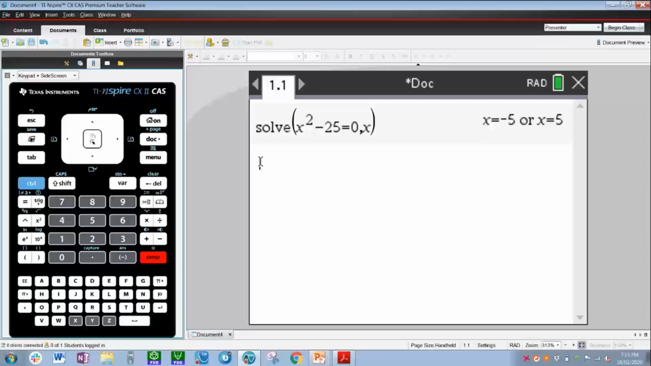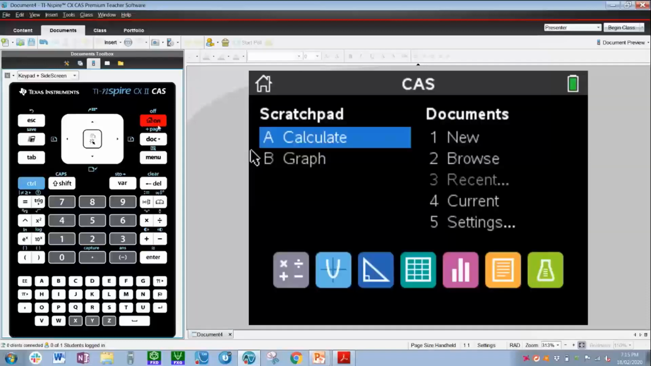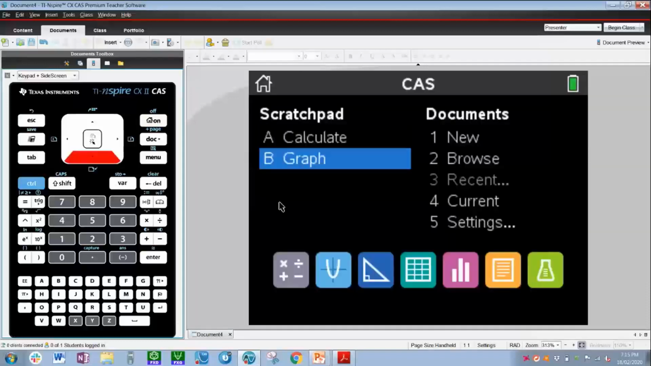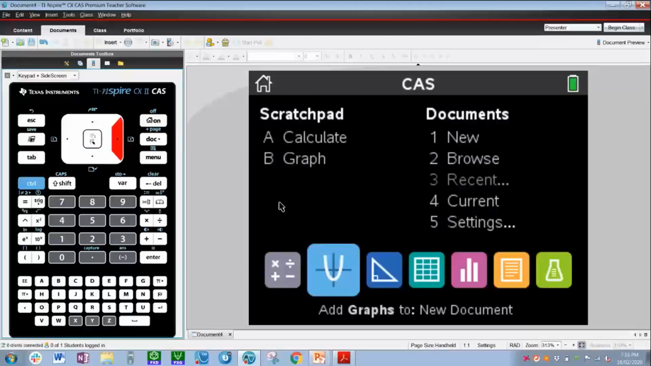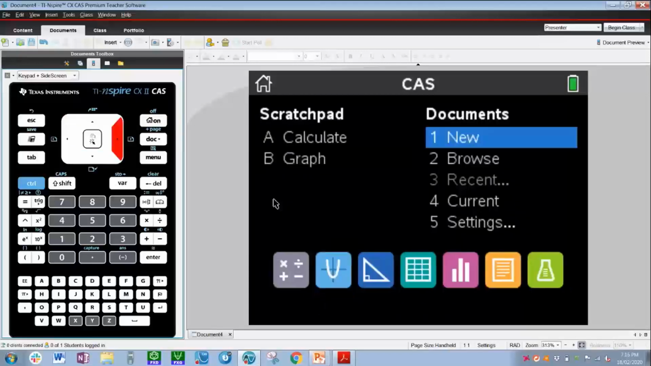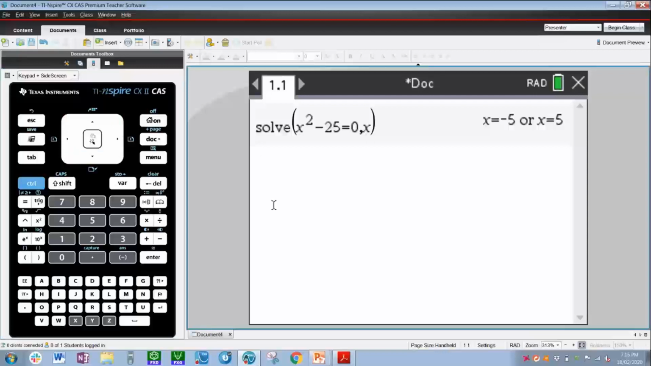You can just go to a graphs page. Now, one way to open a graphs page is to go back to the home page with on and scroll down to graphs and do that. But that's a very inefficient way to do it. I'm going to go back to the document. I'm going to go to current. There are two ways we can do this. We can either press